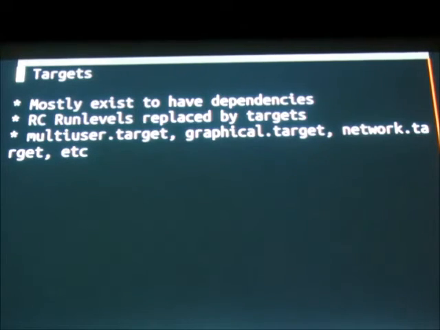Yes? Is there a way of seeing what services are being started by the system, in which order they will be tried? Like the dependency tree? Yeah. Yeah, so you have, I think